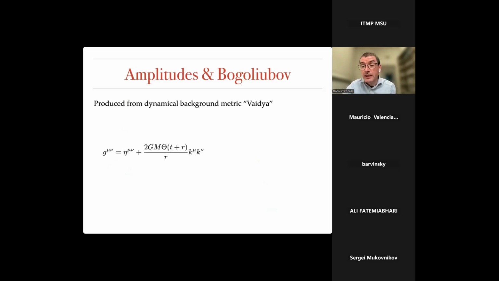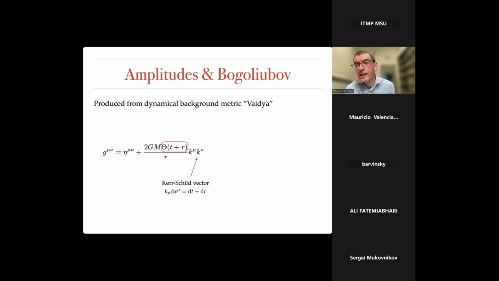Now, I'm also going to work in a particular background. The background will be a radial background corresponding to a black hole forming in a collapse process. The metric is given here. This is an exact form. It's a Kerr-Schild metric. The Kerr-Schild vector is given by this k^μ here. So k·dx^μ is just dt plus dr. It's a null vector, so this metric is exact even if it's truncated at linear order. Now, if the theta function weren't here, if that was just unity, this would be an expression for the Schwarzschild metric in Kerr-Schild coordinates, an exact expression for the Schwarzschild metric.